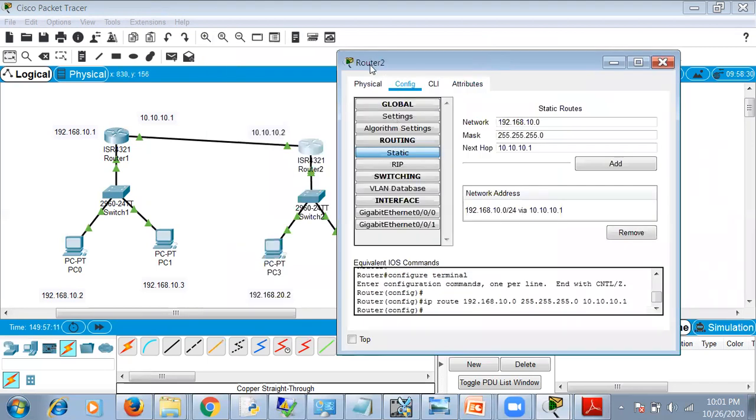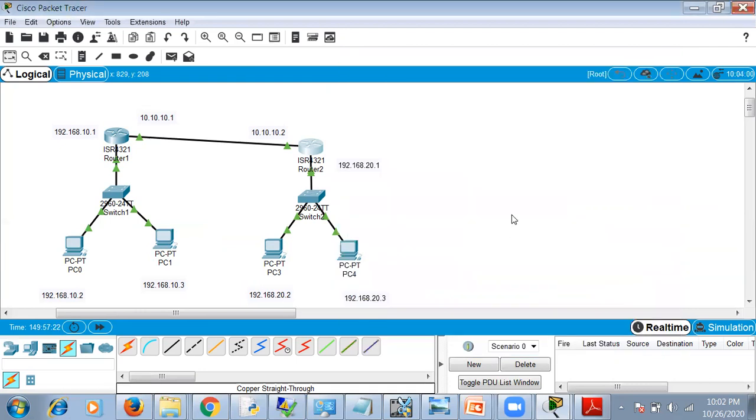So now this is for the router 2 connection. For this LAN to send a message to this one, it has to go through router 1. So the router 1 address is this much. Now we'll check whether we can send a message. We'll try once again because it has to work.